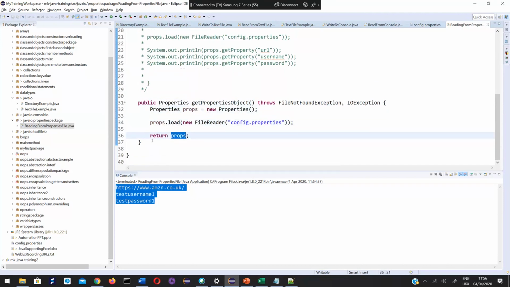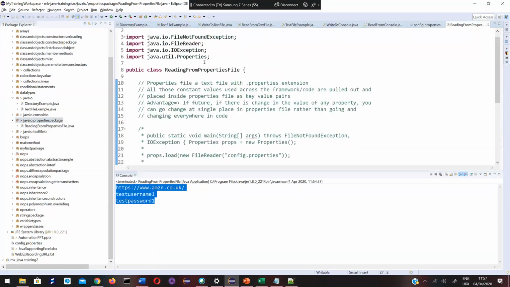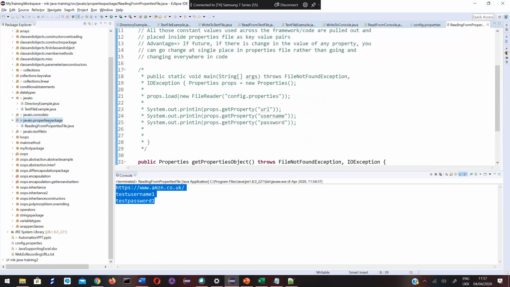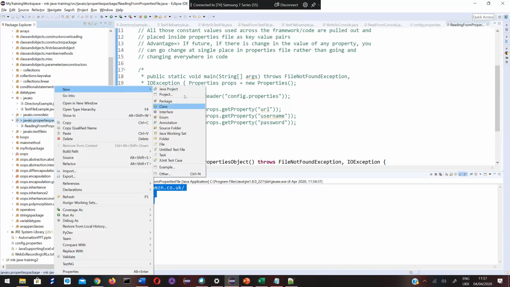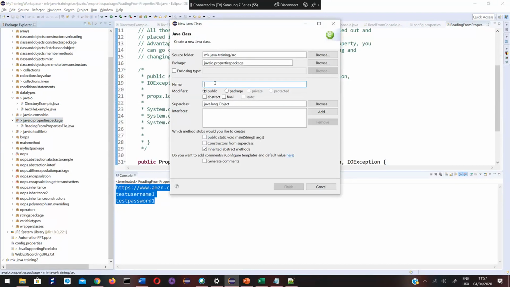Okay, in all the 100 tests, say there are 100 different test classes in my code. In all the test classes, I need to create an object of this class. Let's say Java properties package. Class sample test using properties. It will have a main method.